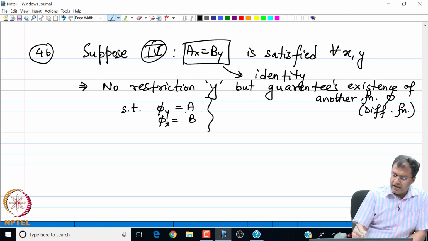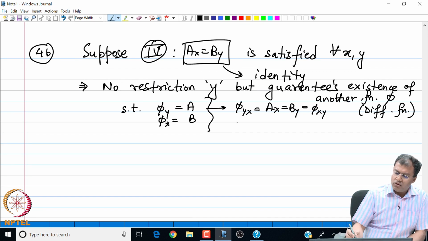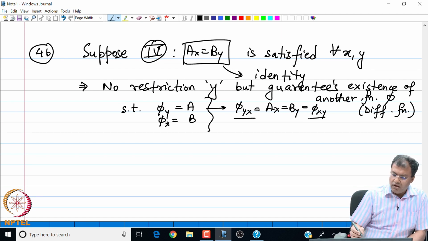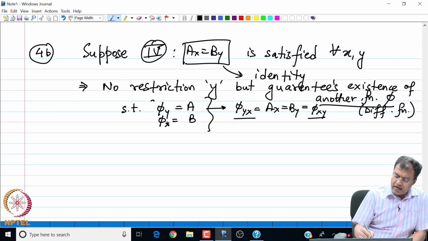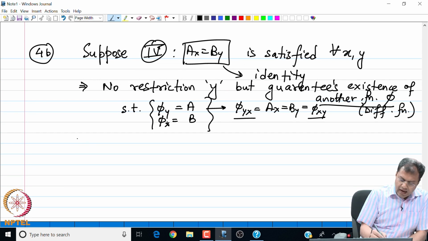Why? Because notice that if we were to assume this expression, we see that phi of y x is a x, which is also equal to b y, which is also equal to phi of x y. So, if phi is differentiable, then immediately this result is trivial. Phi of yx is equal to phi of xy. The mixed derivatives are equal. So, which means that if the boxed expression is an identity, then there is another phi such that phi satisfies this particular set of two relations, and